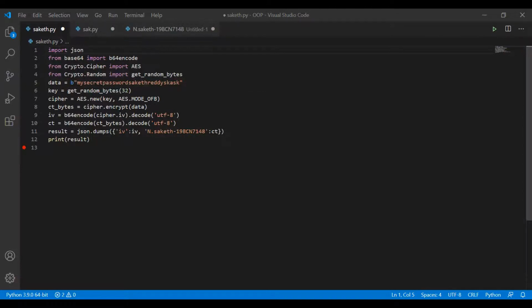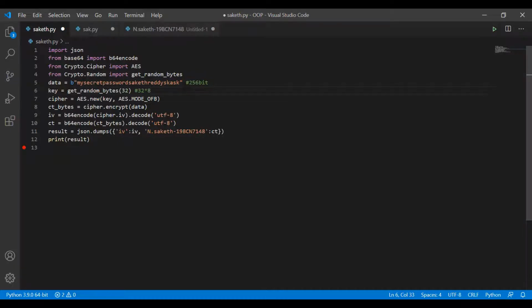And from Crypto.Cipher import AES, and random import. These are the libraries I chose. My data key is my secret password, and the length is 256 bits, that is 32 times 8.